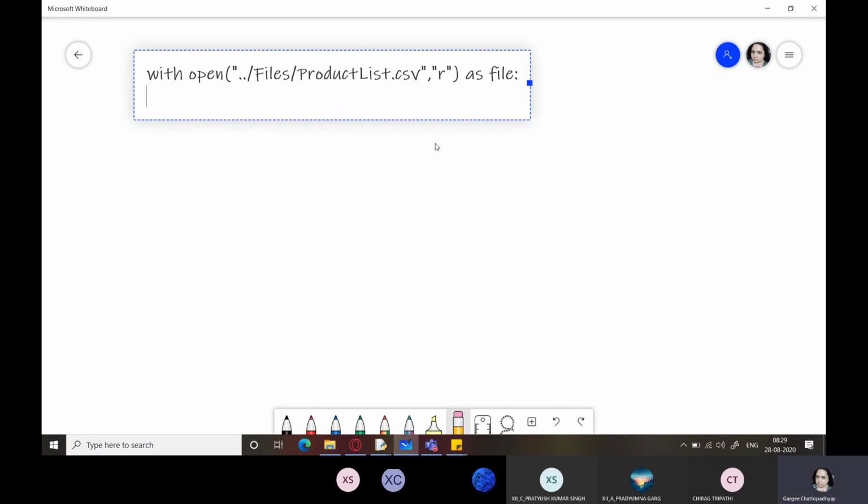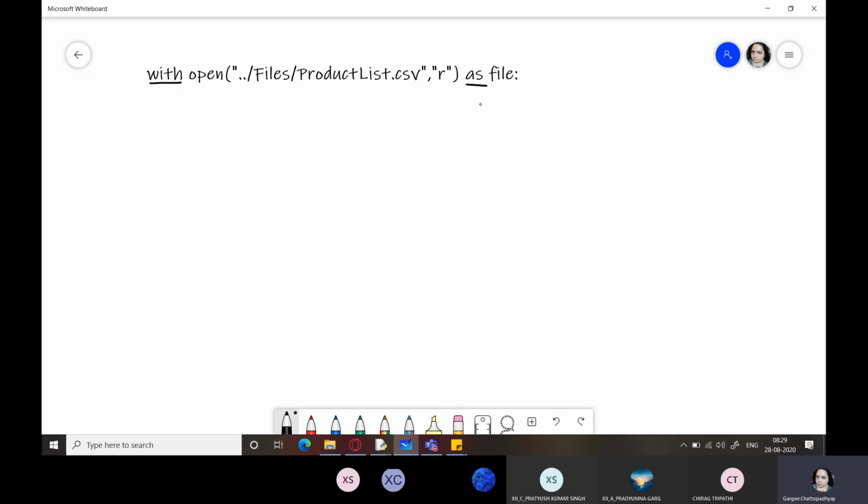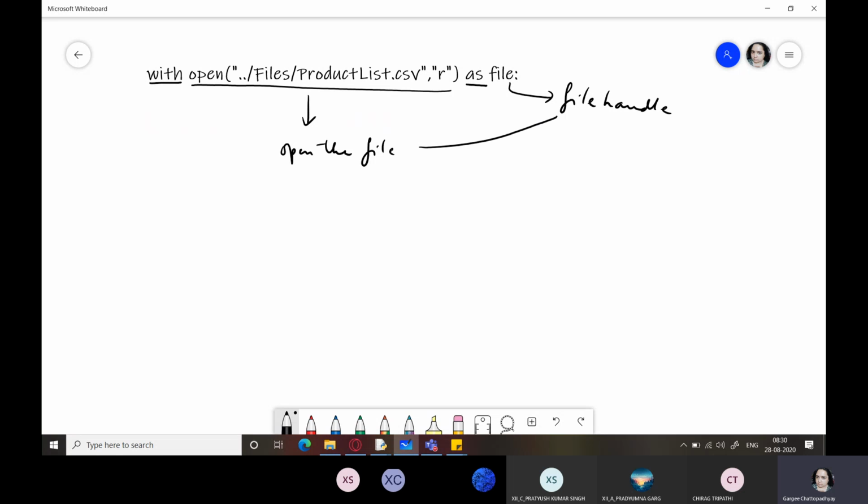So this means when I do this, with is a keyword, as is a keyword. File is your file object or file handle, which points to your file object. This open function is used to open the file in a specific mode and associate it with the handle.